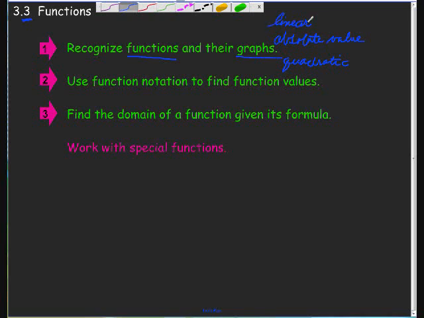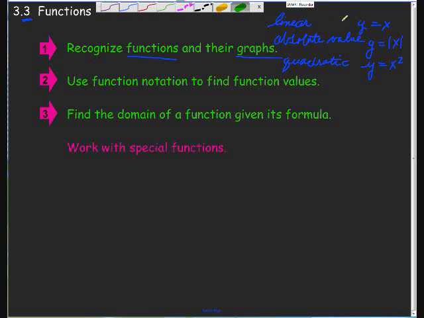I like to think about the simplest possible linear graph or function that you could have. Y equals x. It's linear because we're to the first power here. Absolute value, y equals absolute value of x. And quadratic, the simplest one we could have, y equals x squared. So we've gone from first power to second power, and the graphs that go along with these,